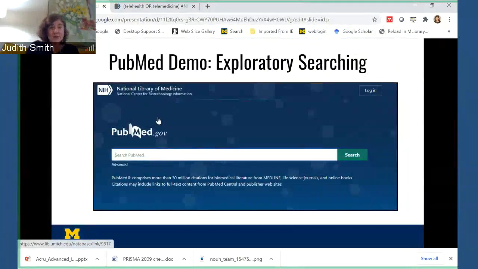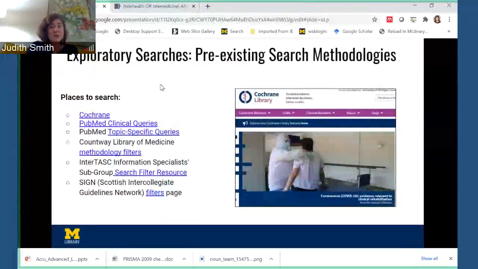In addition to thinking of synonyms, you want to combine medical subject headings (MeSH) with keywords. So again, the medical subject headings are like PubMed's thesaurus. It's a controlled vocabulary. And even though I am saying you need to use MeSH, you're really using the controlled vocabulary of the database at hand. In PubMed, it happens to be MeSH. And in another database, it might be called something else. So just keep that in mind.